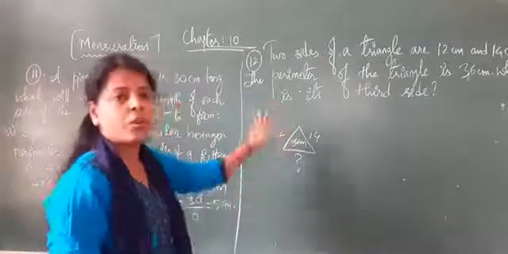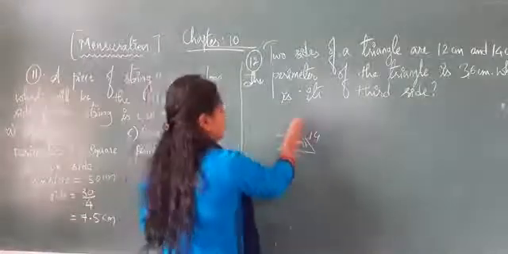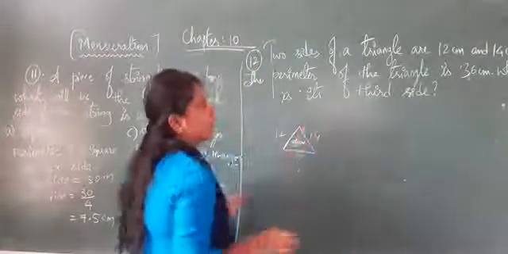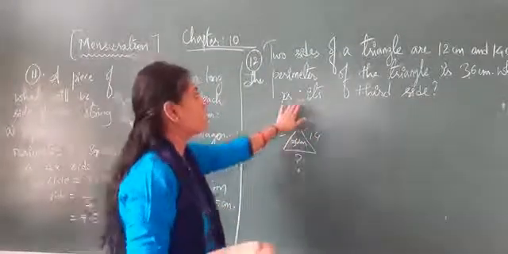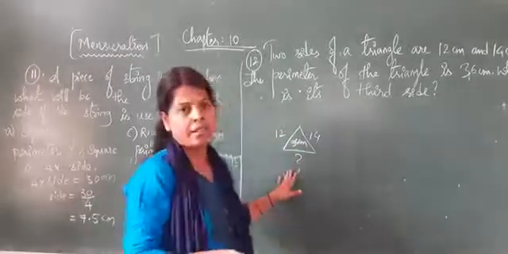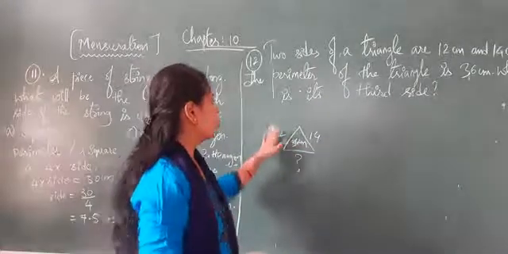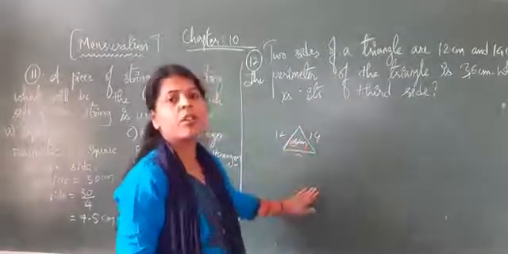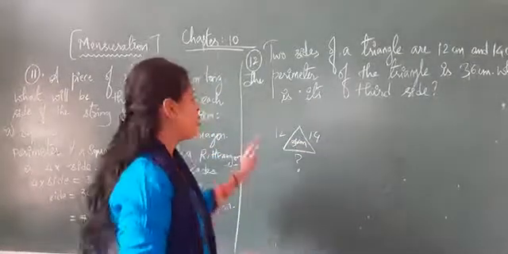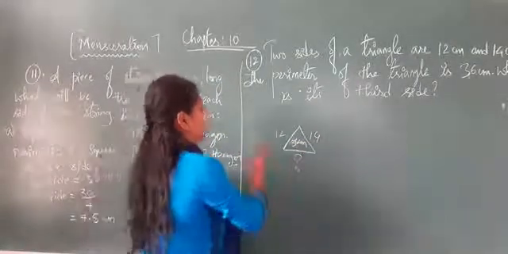It means the whole part, this is the whole perimeter of this. Okay, so 36 centimeter is given. So what is the third side? You have to find out the third side. So with the two sides and using the perimeter, you have to find out the third side here. So we have to see the solution here.